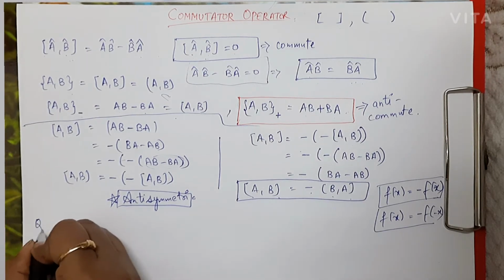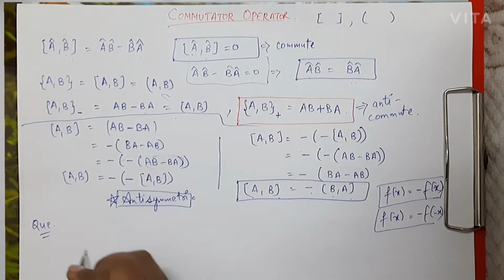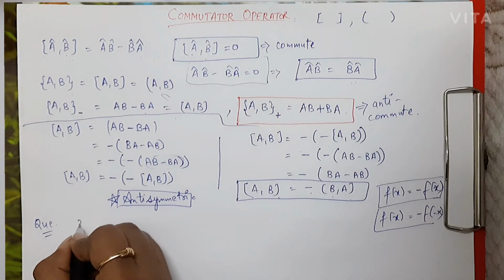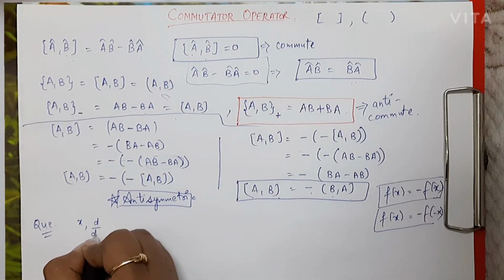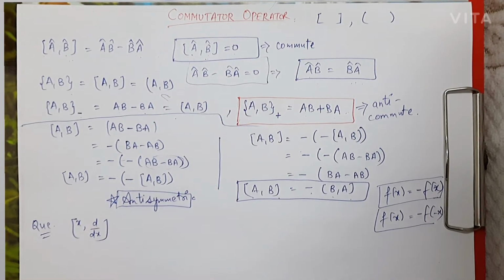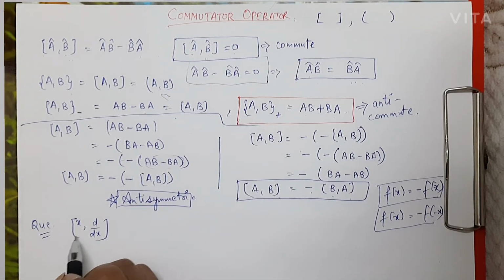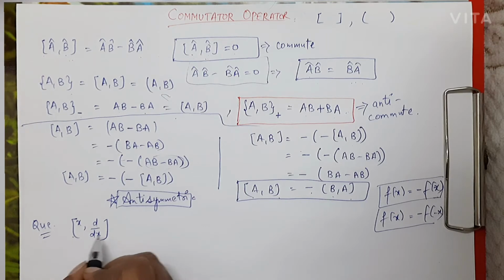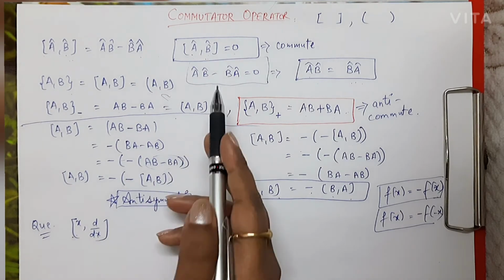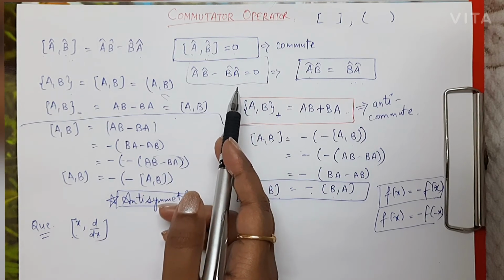First we are going to solve a question in which we have to find out the value for the commutator of x and d by dx. So we have to solve this commutator. Now we know that if we want to open this commutator bracket, then the commutation of a and b opens as ab minus ba. So what we have to do is,